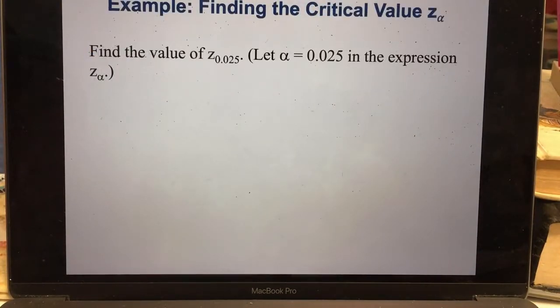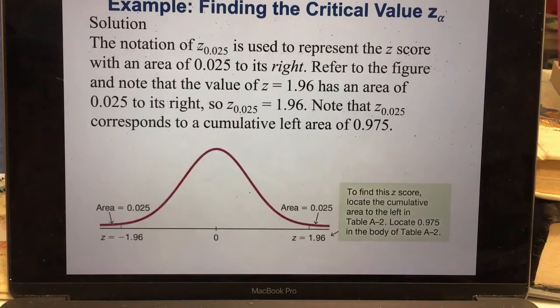Okay, so it says find the value of Z 0.025. Let alpha be 0.025 in the expression Z alpha. Okay, now they will give you the parameters for what is a critical value. Sometimes they will just say to use the default critical values, but they're free to tell you what the critical value is. All right, so basically we're looking for